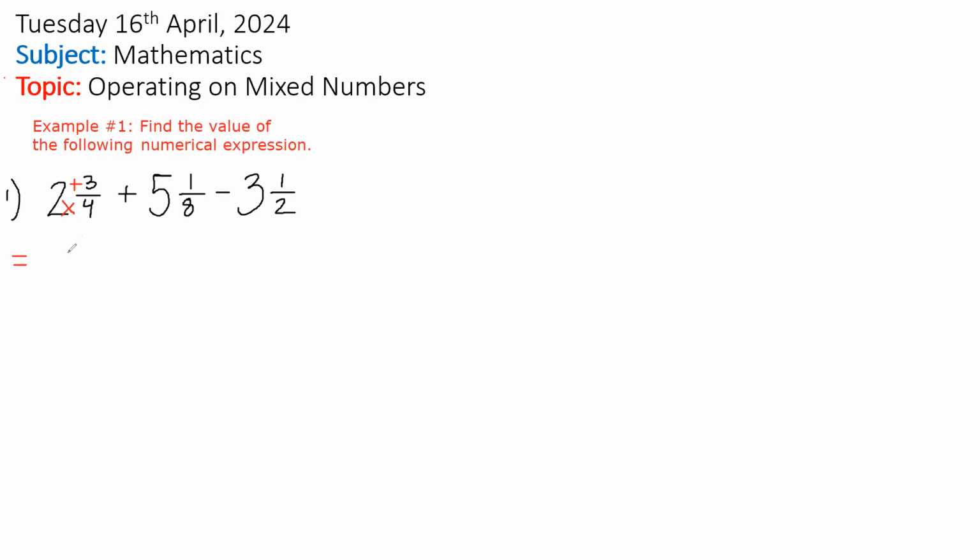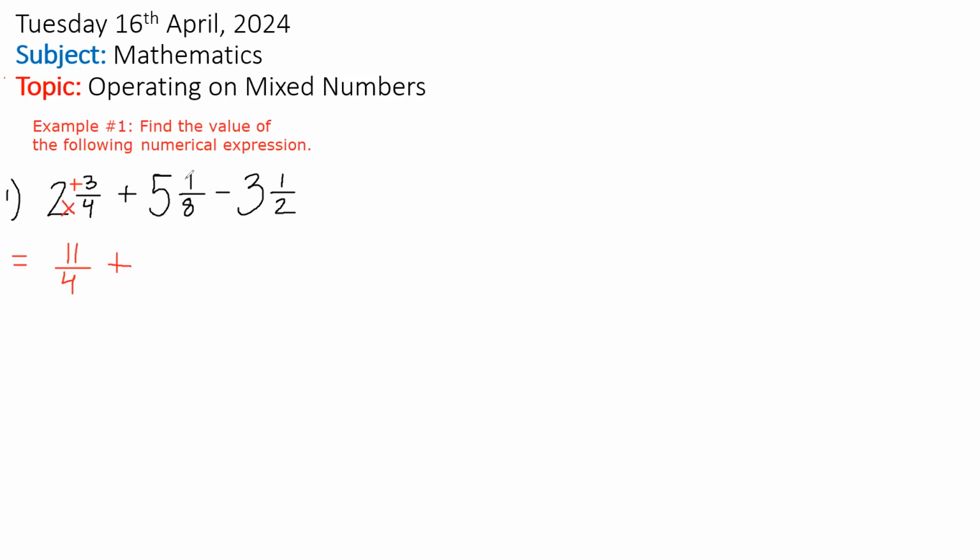So this is going to be 11 over 4. That's how we convert this particular mixed number into a fraction. Plus